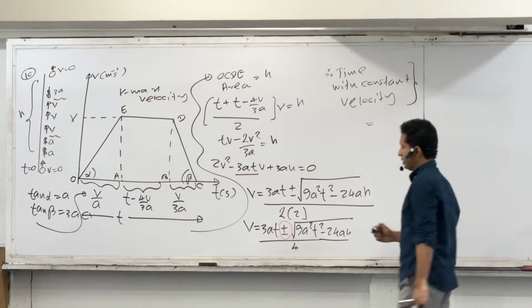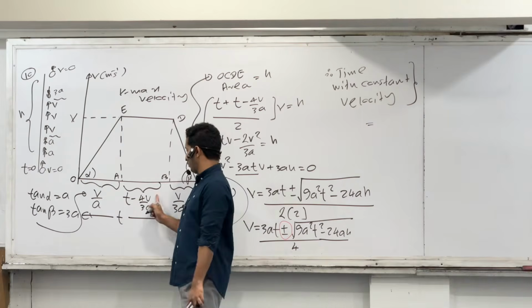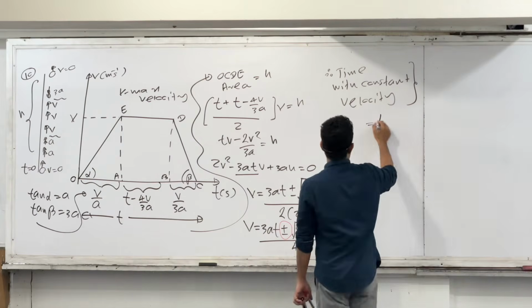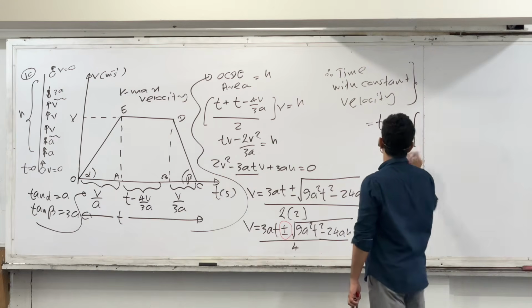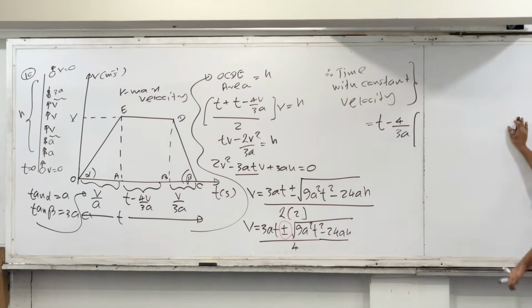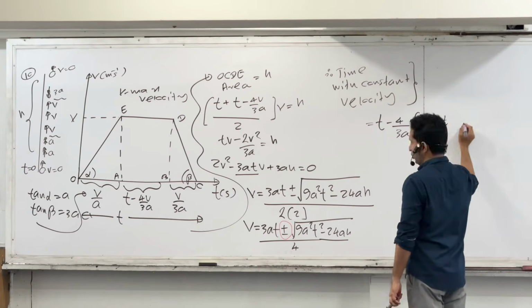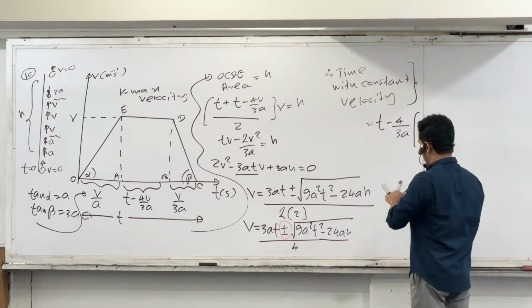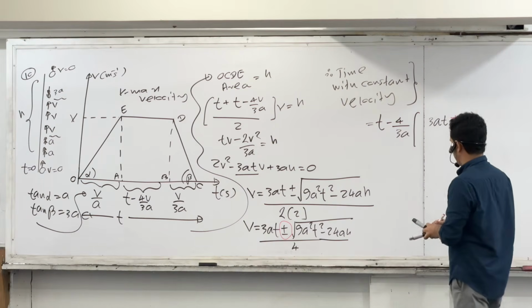Here it comes: time with constant velocity equals t minus 4v over 3a, that is t minus 4 divided by 3a times v, substituting directly. Then now here you can say 3at plus or minus, we don't know which, but we write both, plus or minus,